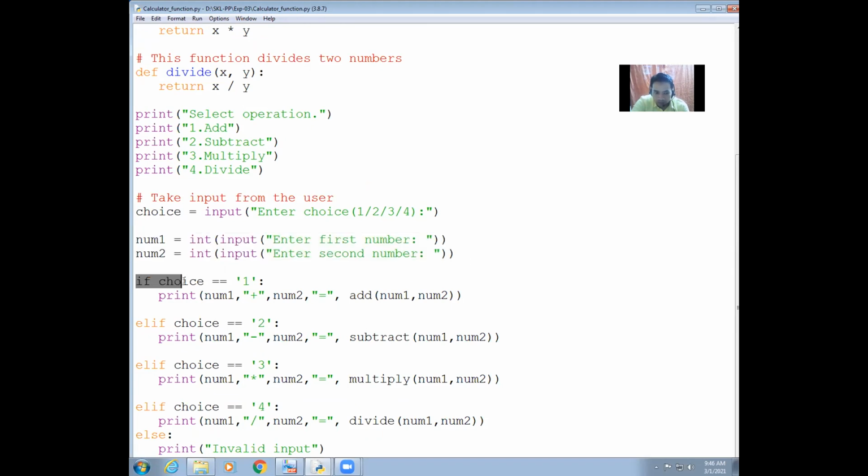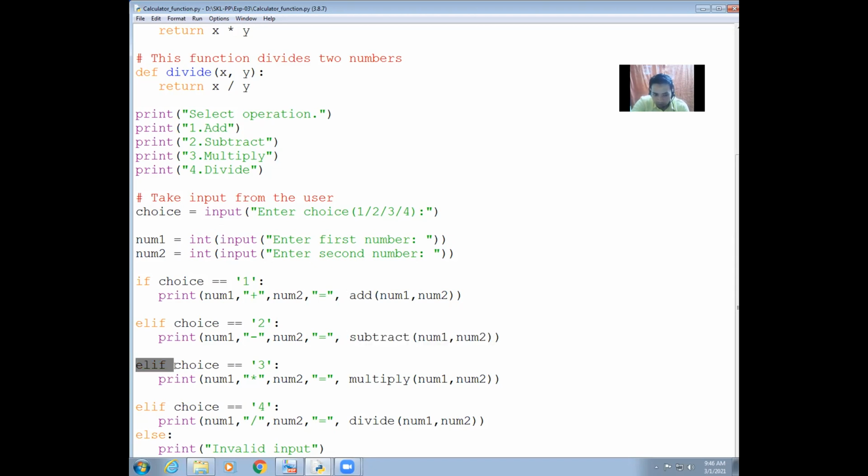After that, we have written an if statement because we have multiple options 1, 2, 3, 4. So we'll use if, elif, and at the end else. Here I have written if choice equal to 1, it will print both the numbers, and then it calls the method add num1 comma num2. Then when choice equal to 2, that is subtract. So I will print num1 num2 is equal to, then once again we call a method here, and whenever it returns a value, it will be printed here only, wherever it is called.